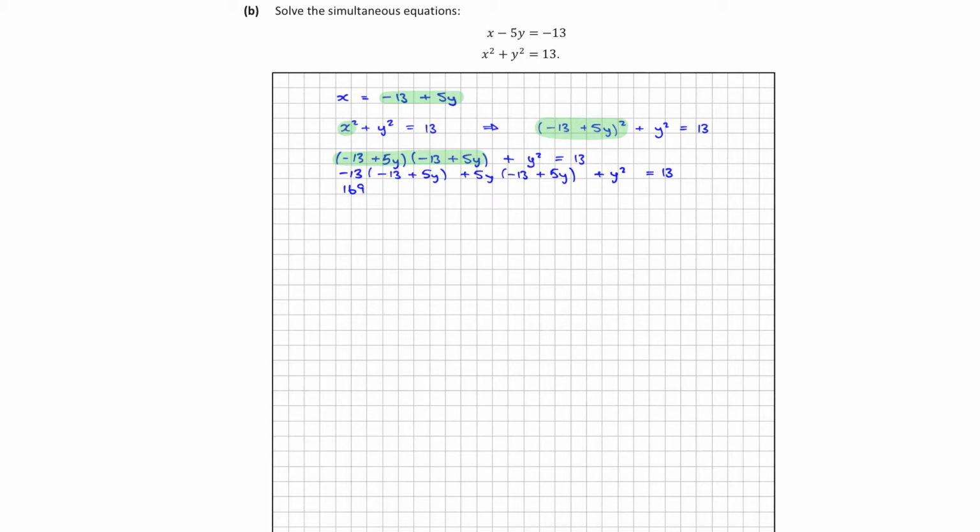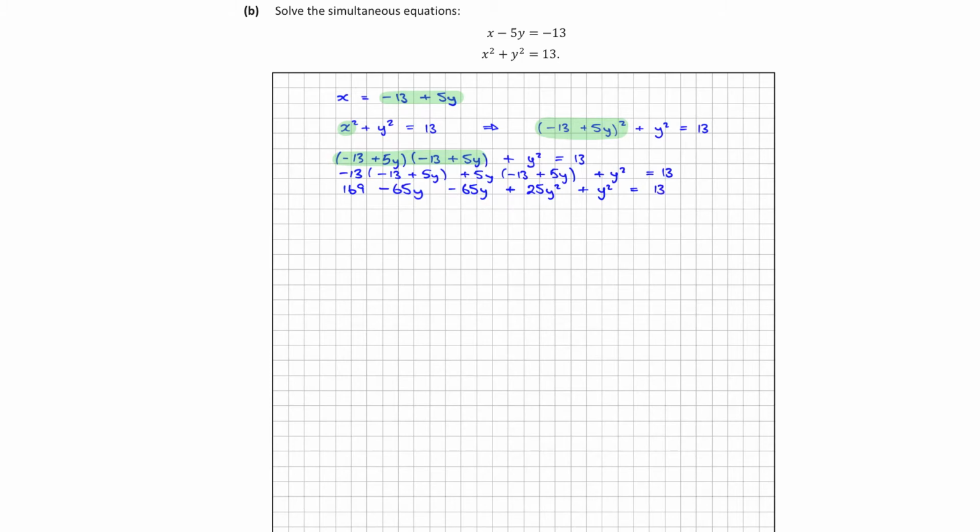Negative 13 times positive 5 will give me a negative, and it'll be 65y. Next two, so plus 5y times negative 13 is going to give me a negative 65y. And the plus 5y times the positive 5y will give us a positive 25y squared, plus y squared